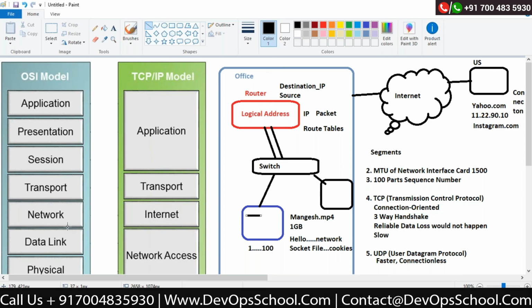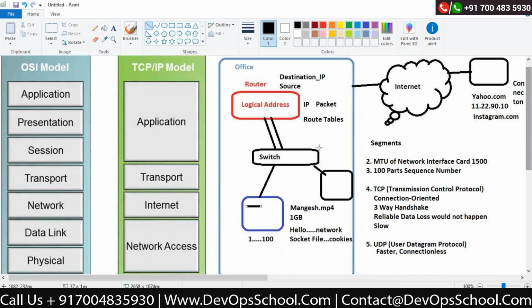But after some time, they came up with a new model called the TCP/IP model. There were some difficulties in the OSI reference model because every layer is dependent on every other layer, so there are some complexities in handling the layer structure separately. So what did they do? They converted the OSI model into the TCP/IP model. This is a completely different model they came up with.